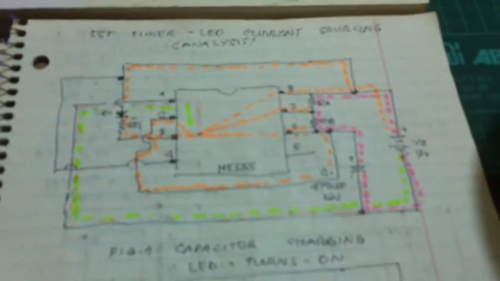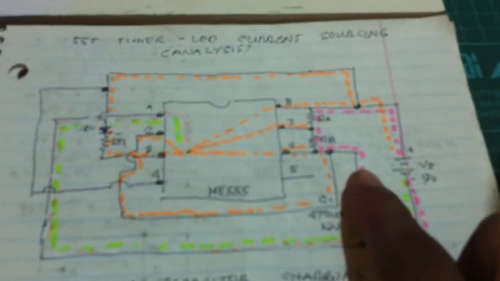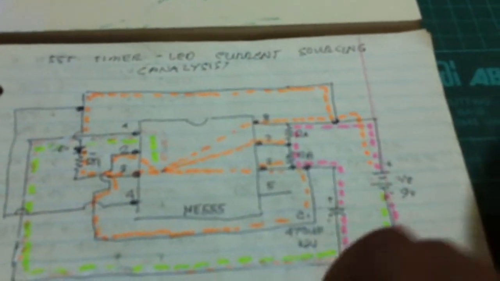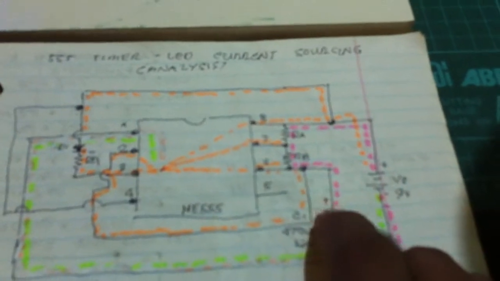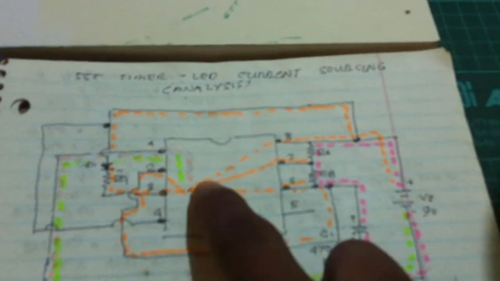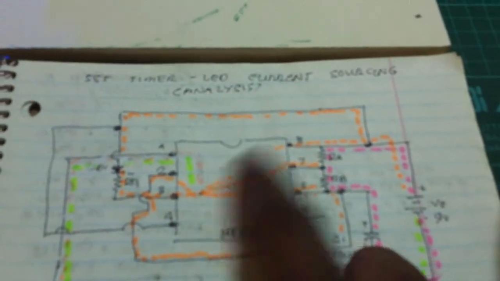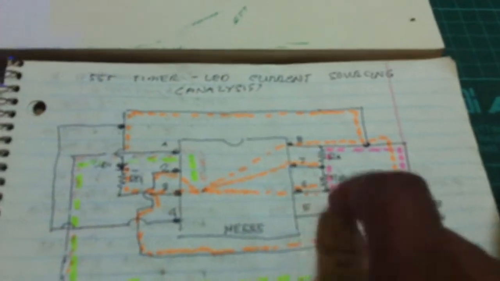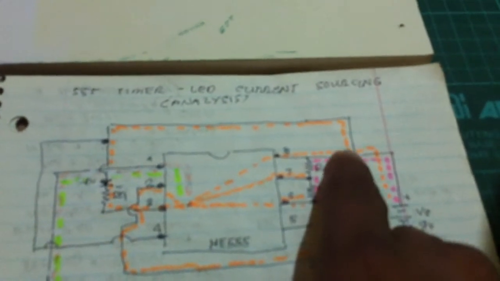When it's charging, the tendency of the current is to flow into the capacitor, and almost all the current is absorbed here, absorbing all the current. And since this one is current sourcing, it means